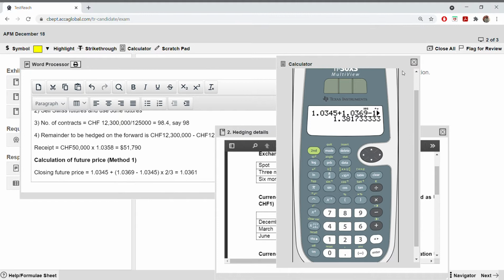Okay, let us do the other way, the division part. Okay, so 1.0345 plus the bracket 1.03. So when you have to clear, just delete. Okay, don't press the clear. The moment you press the clear button, it will clear everything out. When you want to delete one number, just press delete.